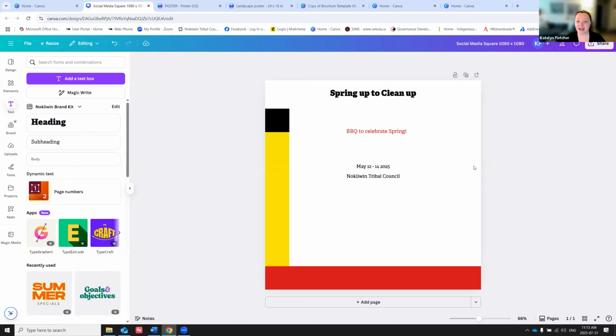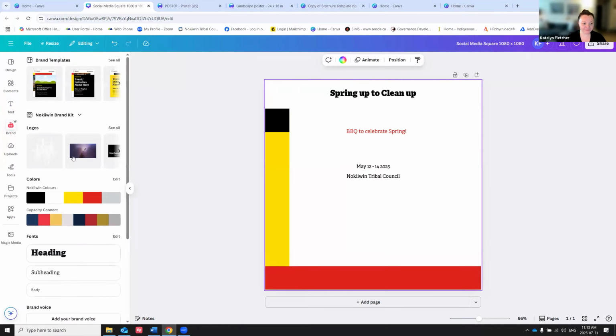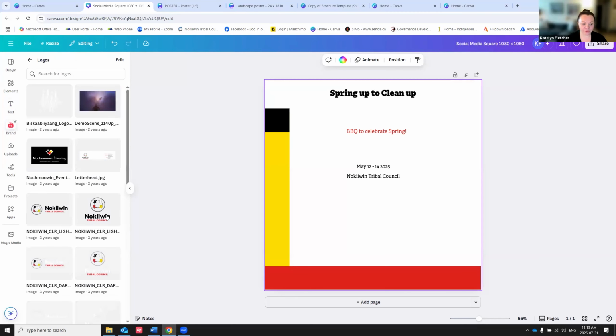Okay, so let's pretend that this is ready to go. We are missing something. We are missing our logo. So logos are very important. So again, I have it in our branding. There's different logos here. So we have our Nokiwan logos here. We have different types of logos that we've had created for us. And they've been,